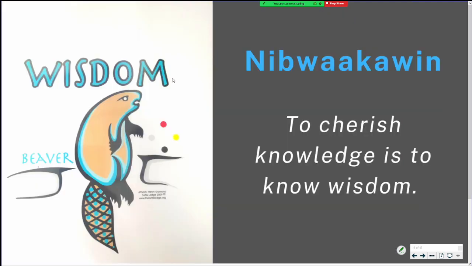So my aunt Frances is also an adult educator, and she's worked in the field for decades. I draw a lot of wisdom from her, and she's been helping me out on my journey. One of her former students actually made a bunch of images to represent the 7 grandfather teachings. So this one is wisdom,